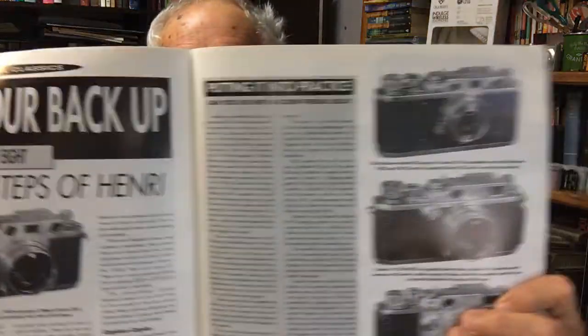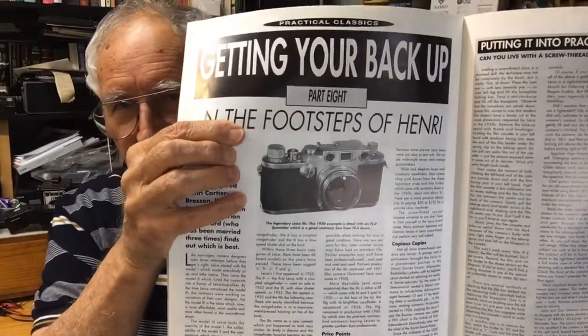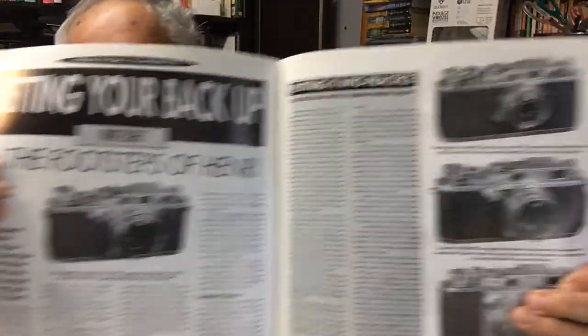So this was a part of this article here, Getting Your Backup, part 8. They were doing regular, in this magazine and another magazine, regular reviews of the practical classics, of the classic film cameras of old, because these cameras were the vintage ones back even then in 1993. So there we go, in the footsteps of Henri Cartier-Bresson. And then over here,